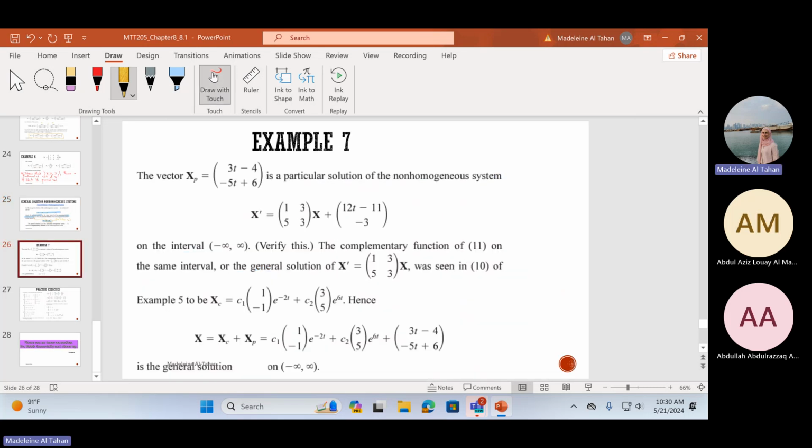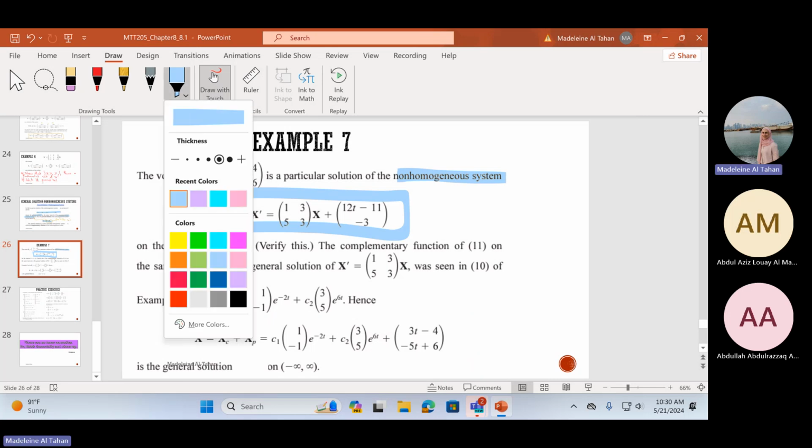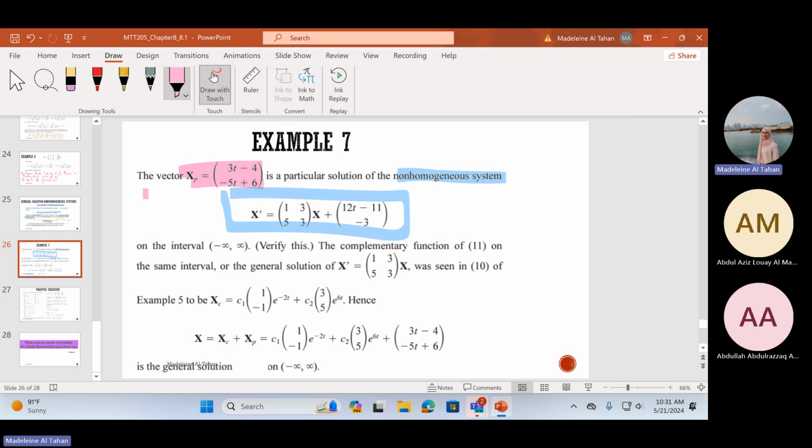Let's look at this one. This one is a non-homogeneous system, right? Why is it non-homogeneous? What do we have? Plus a function, plus a vector, right? We are given the particular solution. Here we did not learn how to find the particular solution. The particular solution is given, and we can verify it, okay? We can just substitute it, and left-hand side would equal right-hand side. And the solution of this one,